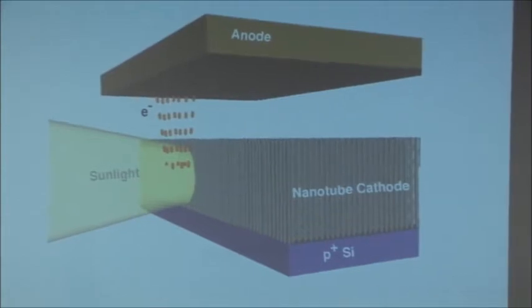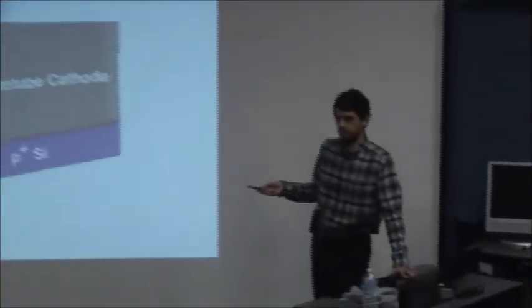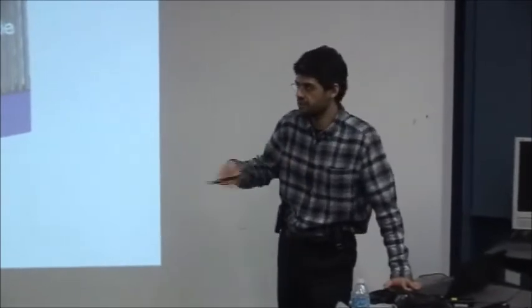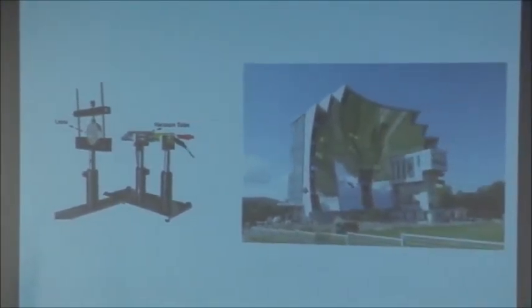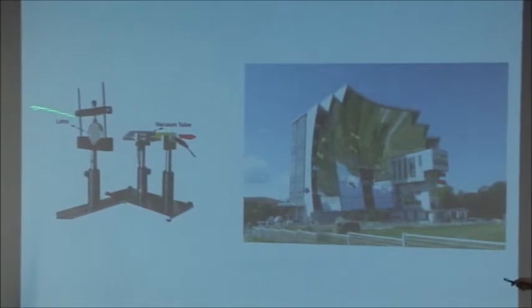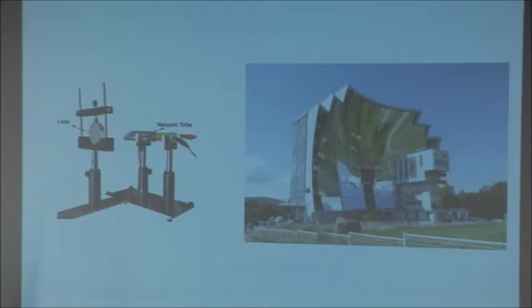Now, it's not trivial, because sunlight and laser have very different properties. Coherence, and polarization, and all. We said, let's give it a try. If we can make it work with our small little compact vacuum tube compared to something like this, it might be interesting from an applications point of view. And so, we've done this kind of thing with paper when we were kids, right? Trying to burn paper with sunlight and a lens. But the question is, does it work with nanotubes?